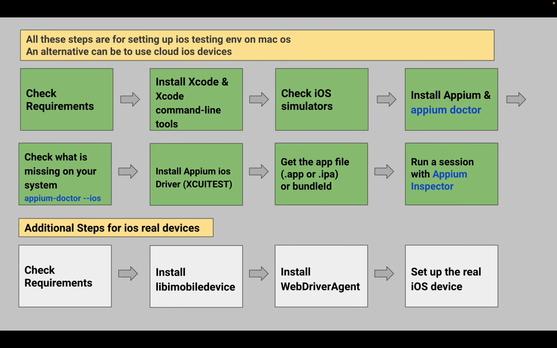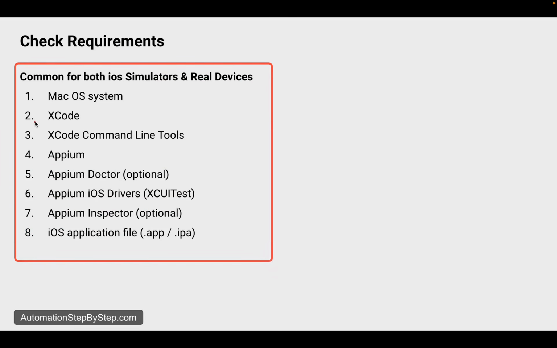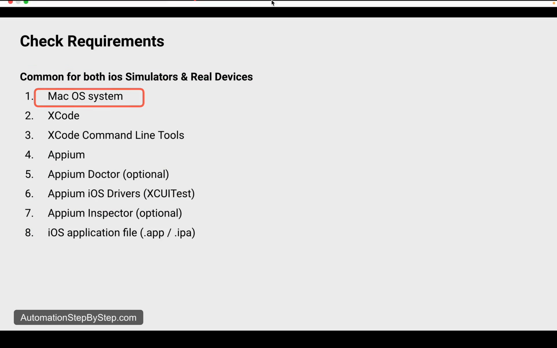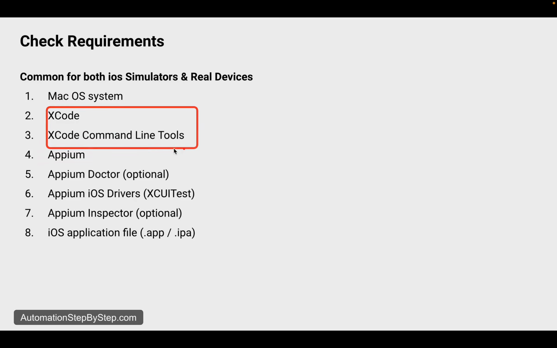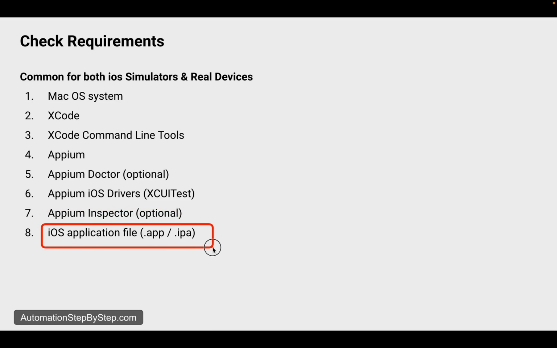Now we have some extra steps, some additional steps if you want to use a real iOS device, and for that we will first see what the requirements are. So here these are the things that we have already seen. These are common for both iOS simulators and real devices. We need a Mac operating system, we need Xcode command line tools, we need appium-doctor also, which is optional. Then we need an iOS driver, XCUITest, Appium Inspector is optional, and then we need the application file,